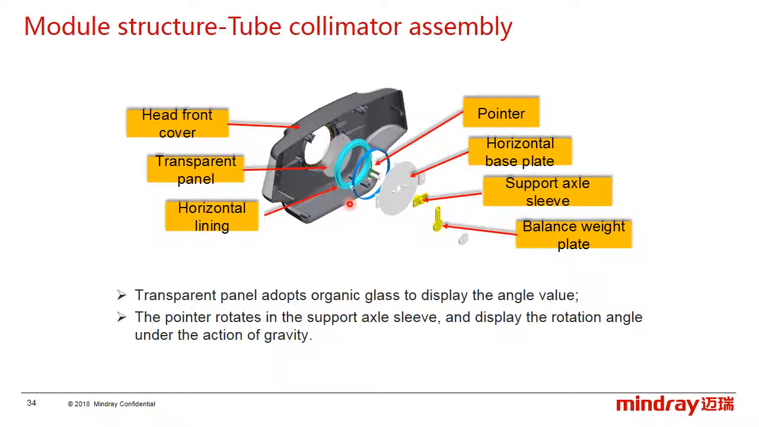The front cover assembly is used to display the tube rotation angle value. The pointer rotates in the support sleeve and displays the rotation angle under the action of the